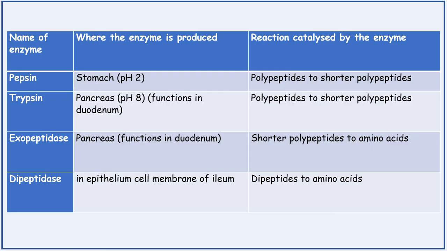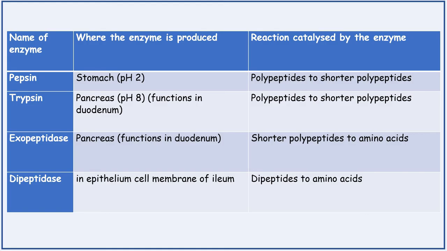So, a summary of protein digestion. Pepsin is produced in the stomach, it has an optimum of pH 2, and it turns polypeptides into shorter polypeptides. Trypsin is released from the pancreas, it has a pH optimum of about 8, and it functions in the duodenum, and it turns